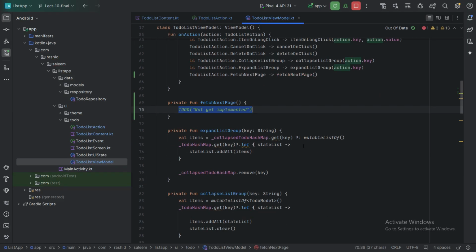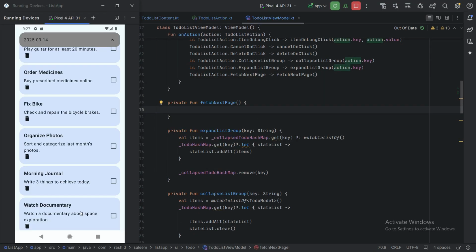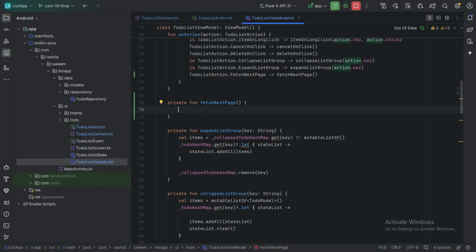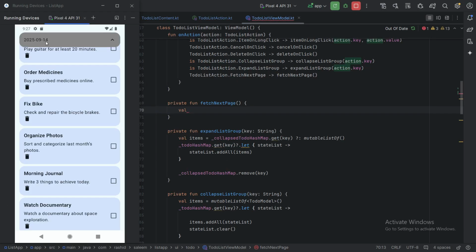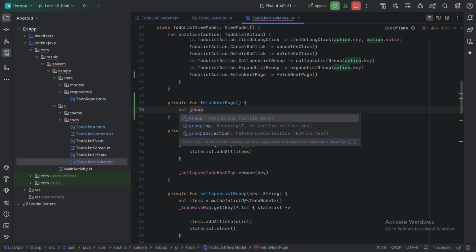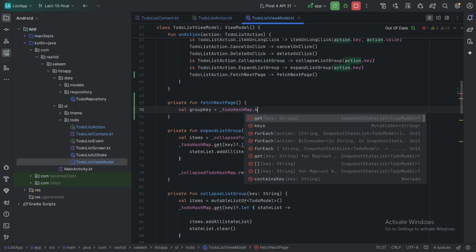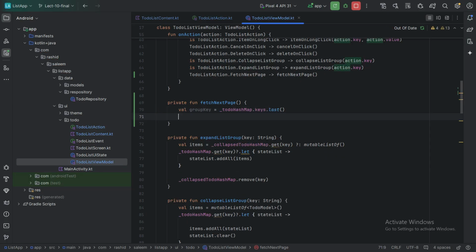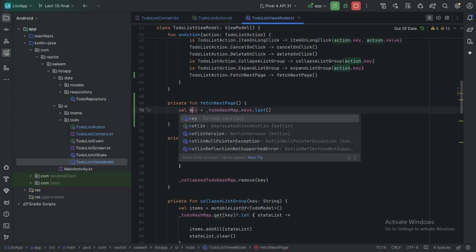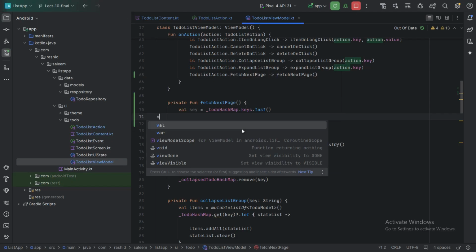Press Alt Enter, create this function, and in this function we get the information of the last item in the list. We are using a hash map, so from the hash map we get the key information, that is, the current list group which the user is seeing. We have grouped these list items based on the date. So the group key we will get from hash map dot keys dot last, and I will simply name it key. From this group key we get the group items list,